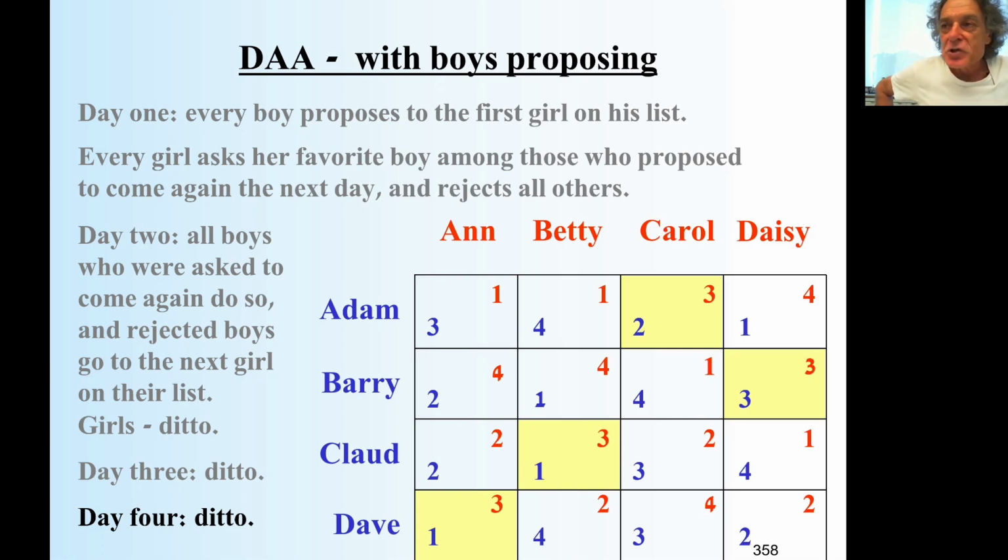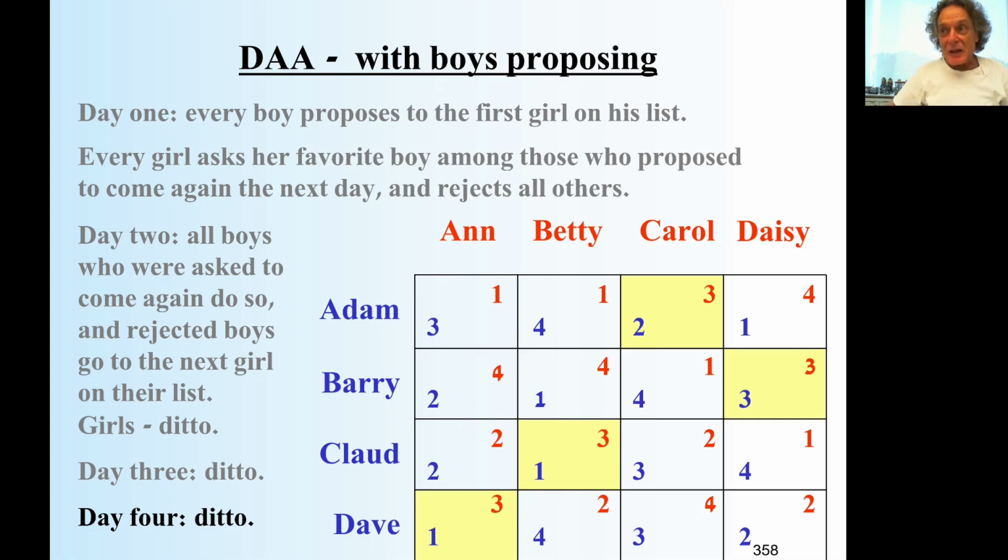If she has more than one, she will leave the boy that she likes the most among those that came to her, and she will reject all the others. And if a girl gets only one, maybe that guy was there before, or maybe she had no one before, but one of the rejected boys comes to her. Let's say she has one. She tells him, you stay, but I cannot promise anything.